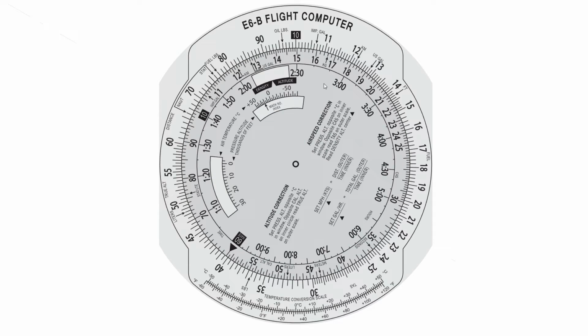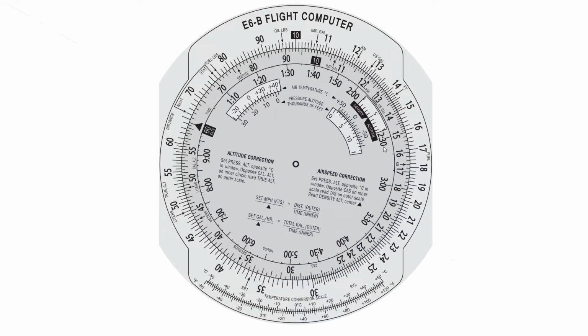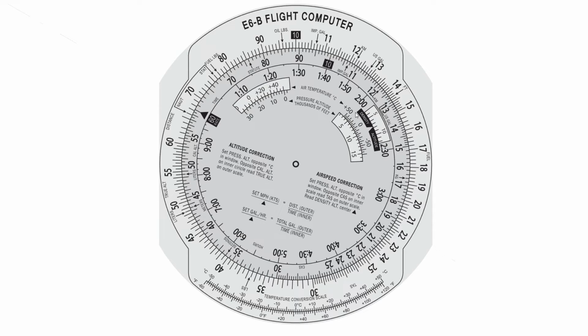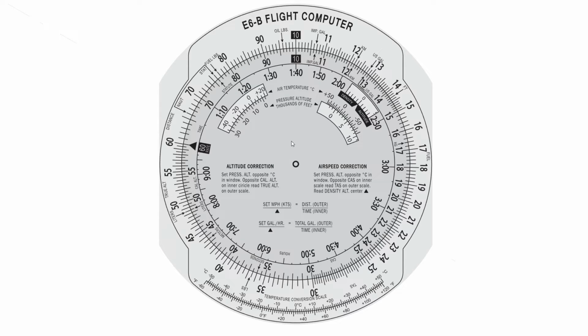Let's say we take one of those numbers, 680 true airspeed, and we want to figure out our indicated airspeed. We now need an altitude and use that same temperature. So 30 degrees, and let's say we're at 5,000 feet. We line up 30 degrees with 5,000 feet, find our 680 number, and about 610 is going to be our indicated airspeed. That's going to be pretty common when dealing with Mach speeds. They're going to give you a Mach speed and tell you to convert it to indicated airspeed or something along those lines. Now if we have an indicated airspeed and we want to convert it to a Mach speed,